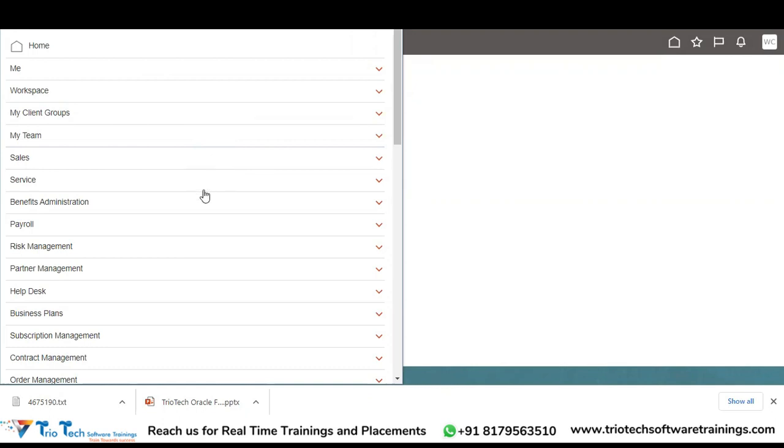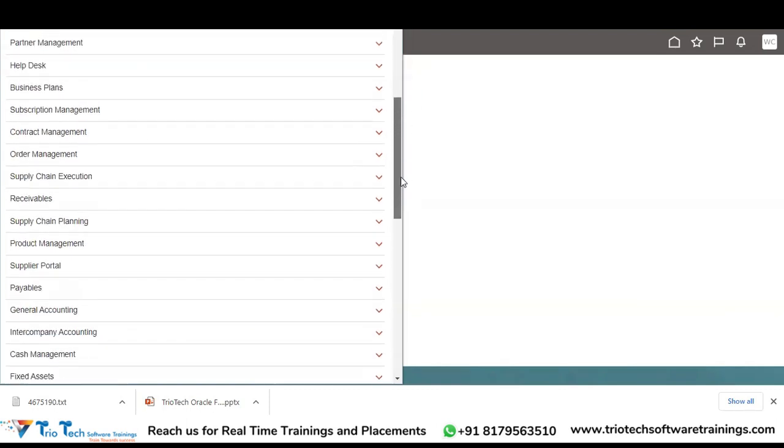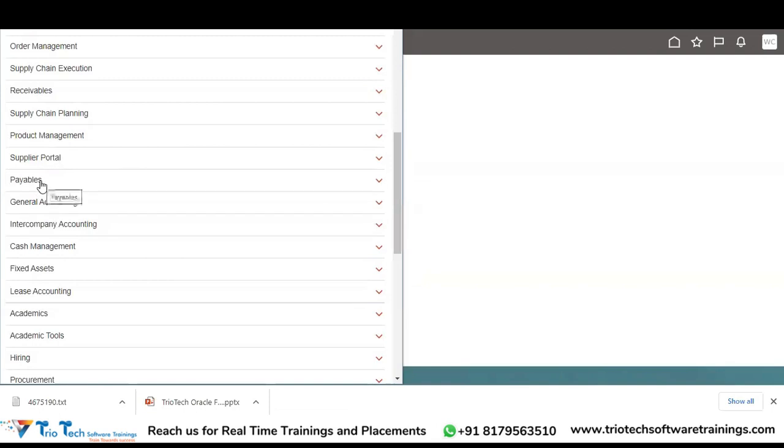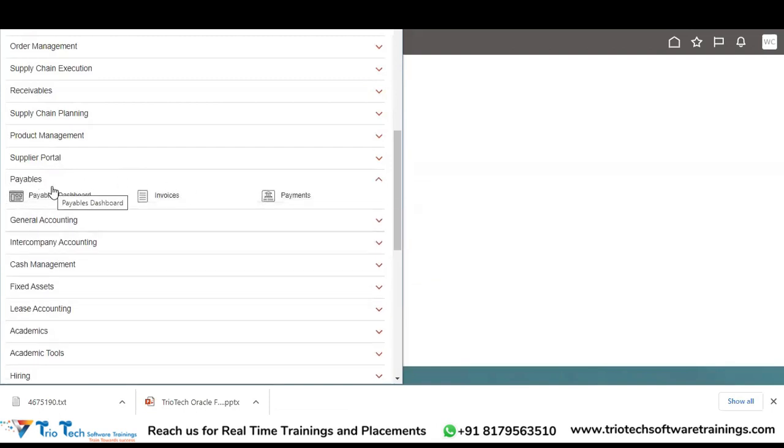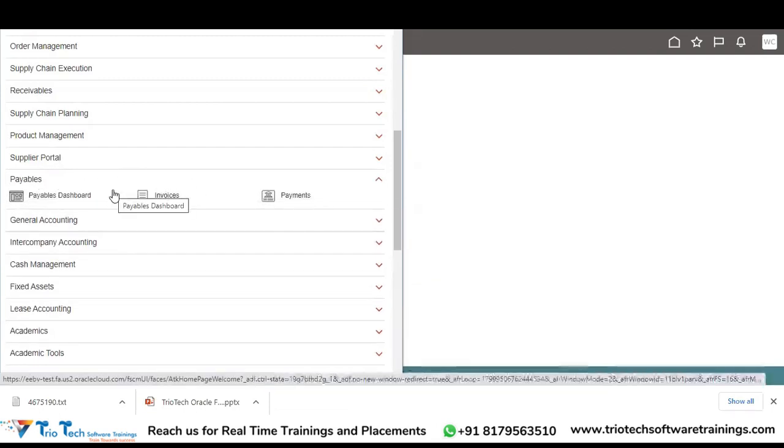So that is where you first have to go to the payables work area. Okay, so how can you get there? Based on the access that is provided to you for payables, you will get something called Payables in this section of the navigator. Okay, so this is called the navigator. Here you have Payables as a work area, and then for the respective activity that you want to perform, you can go into those sections. Similarly,